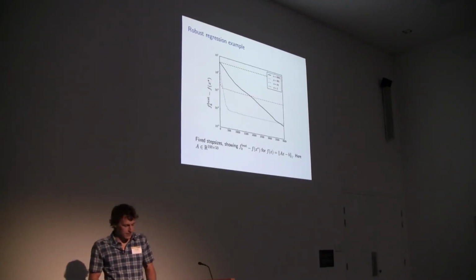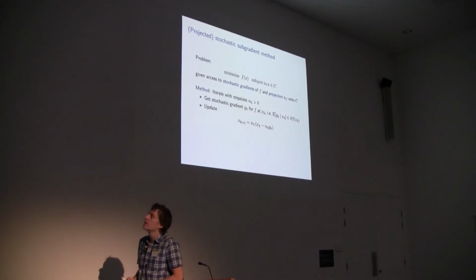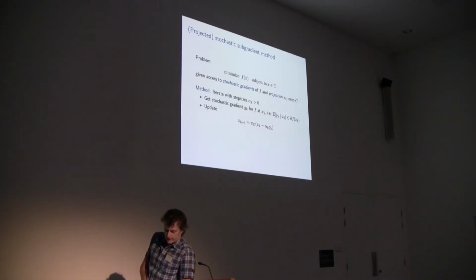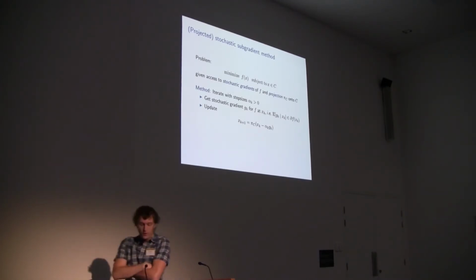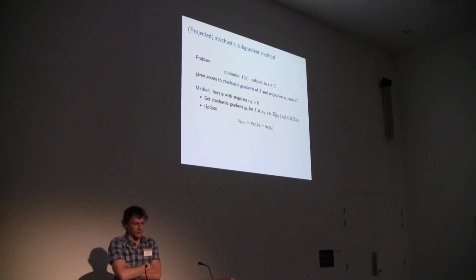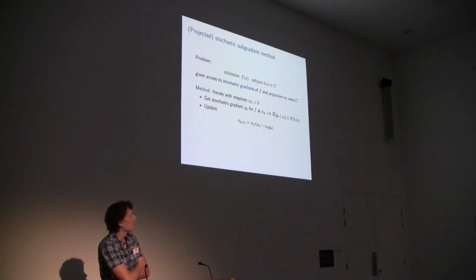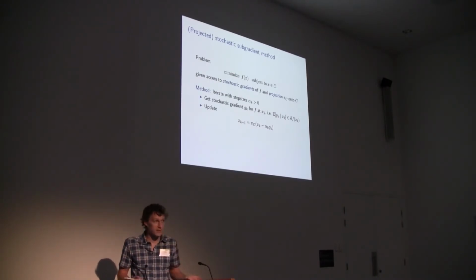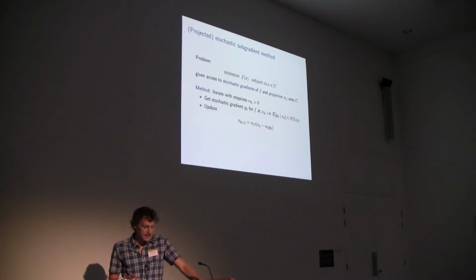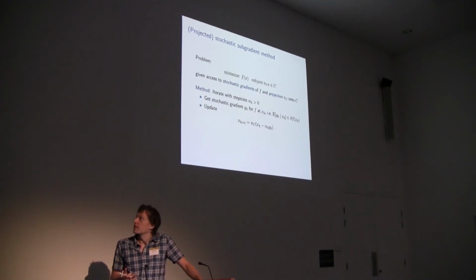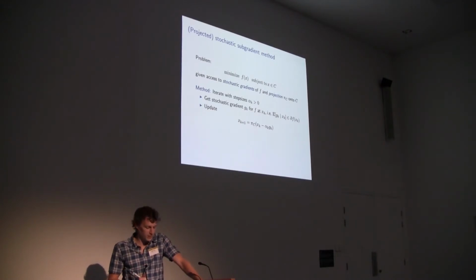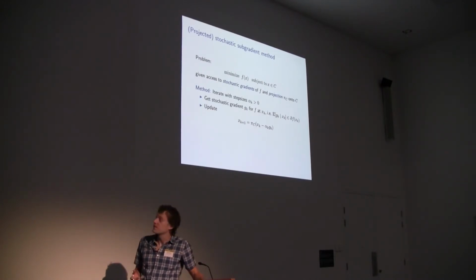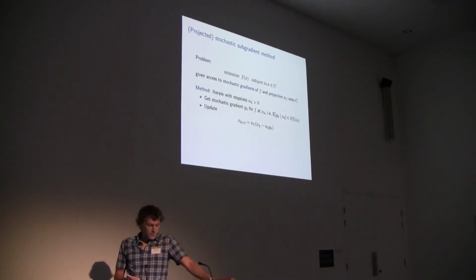All right. Now, let's take a step back. So we've gone through this subgradient method, which I said is a really slow method. The reason we actually really like this method is because for a lot of the problems we have in machine learning and AI, we can really efficiently compute random vectors that approximate the subgradients well. And so this gives rise to the projected stochastic subgradient method, which the setting is that I'm